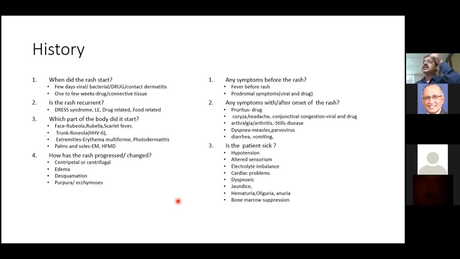So how do you differentiate whether it is an erythema or a purpura? There's one simple test. Use a glass slide and do what is known as the diascopy test. Just apply pressure with a glass slide and then release it. When you release it, if you see that the blood is filling back again, it is an erythema. That means it's a simple vasodilatation which has engorged the skin, and that is the erythema. Whereas a purpura will not blanch because it's a fixed extravasation which has occurred. So with purpura and ecchymosis, if you press with a glass slide, once you remove it you will still find that the redness is there. That gives you an explanation that this is a purpuric rash.